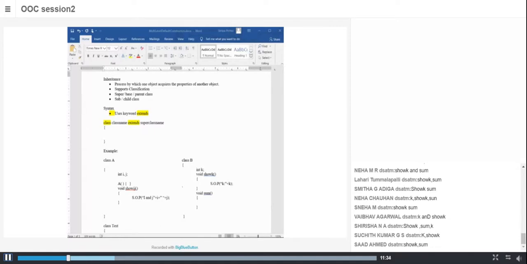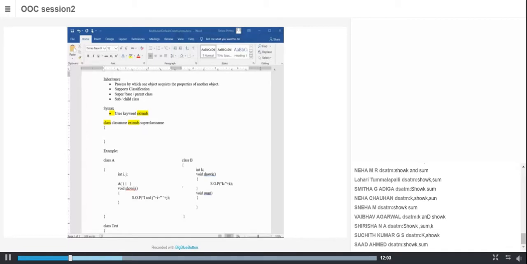Yes, B takes the properties of A. What does that actually mean programmatically? Before the statement extends A, the members were K, show K, and sum.